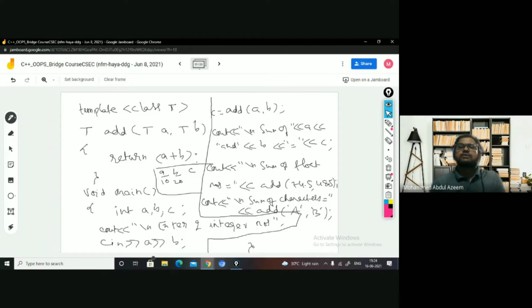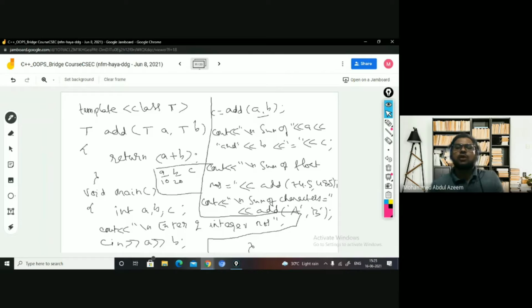Got it. So this 10 and 20 which are being passed here, these A and B are local to this particular function. These A and B are integer, whereas these A and B are T kind. But what happens when you are calling the template function? This is a function template, right? When you are calling the function template, based on the kind of values that you pass to the arguments, a version of that particular data type is going to be generated.